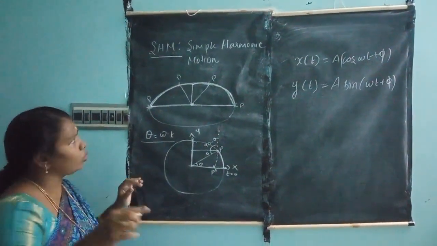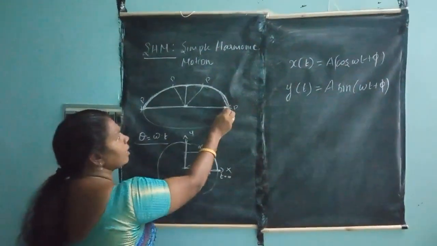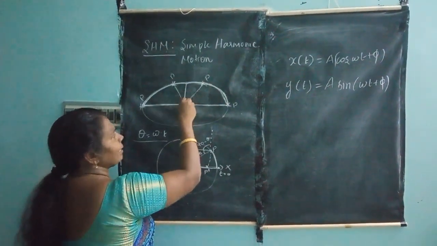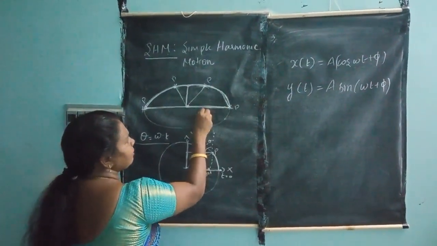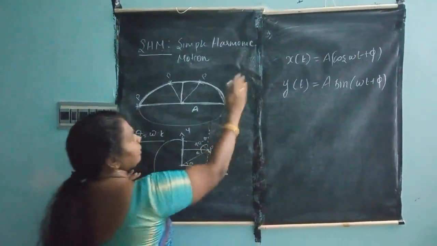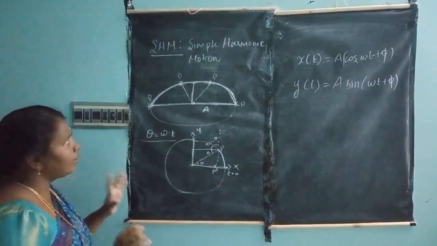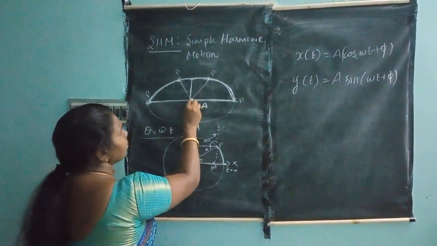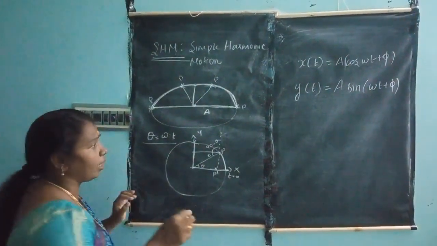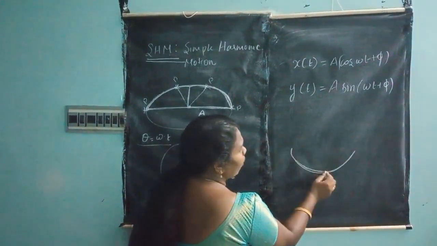Can you understand, students? Let us imagine, if I am rotating in the horizontal plane, the ball comes to this position and this position, and this is the center. The radius is taken as capital A. If this particle is rotated, what is simple harmonic motion, an oscillatory motion? It moves to and fro about its mean position.